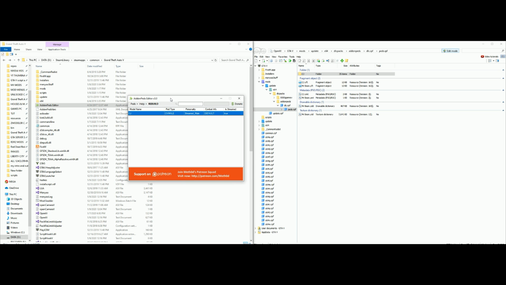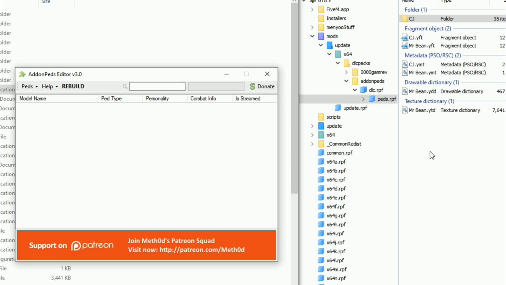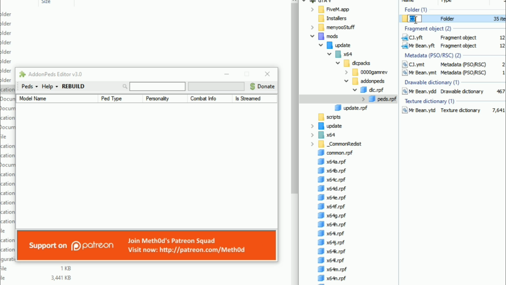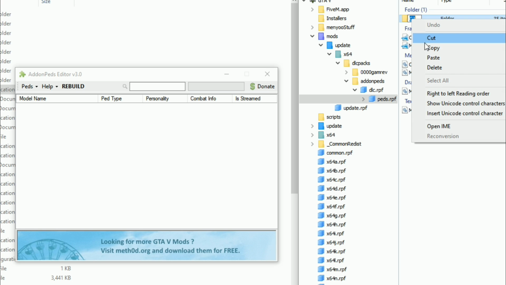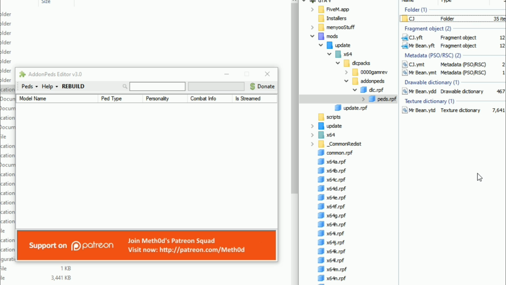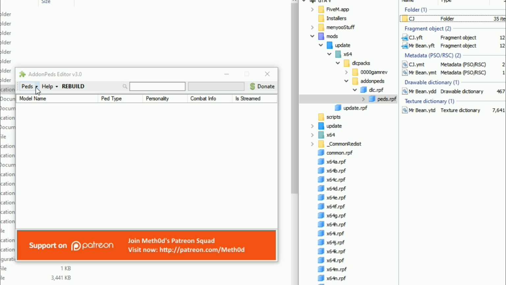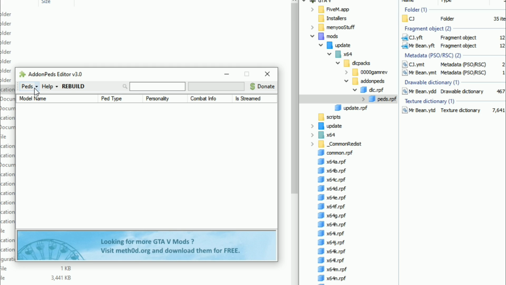So let's move forward with this. What we need to do is, let me erase this one real quick. Now let's come back over here. You want to select the name. Since CJ is so short, you could just type it in, but I like to copy everybody's name, because these names over here need to match the names that we are going to be putting inside the AddonPeds editor. So once you get done copying the ped's name, you want to select this little arrow next